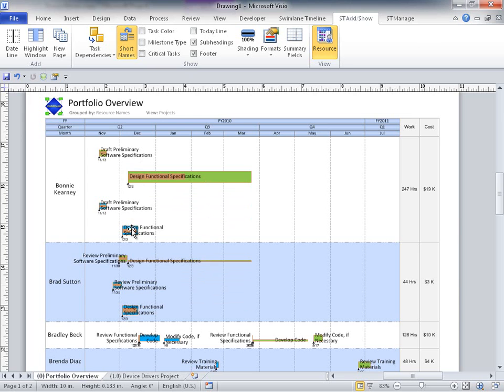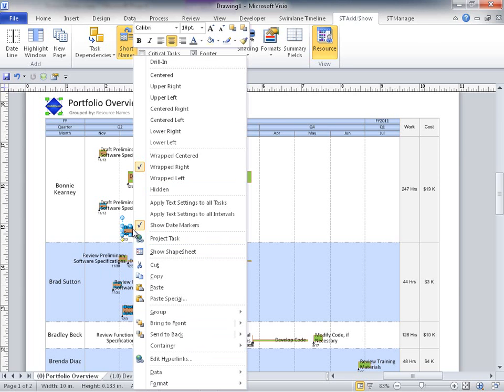Right away I can see that Bonnie may have overallocation issues in December since she's 90% allocated on a task in the lab interface project. And if I hover over this other task, I can see she's 75% allocated to a task in the system upgrade project. If the lab interface project were more critical, then I may want to push out the system upgrade project tasks